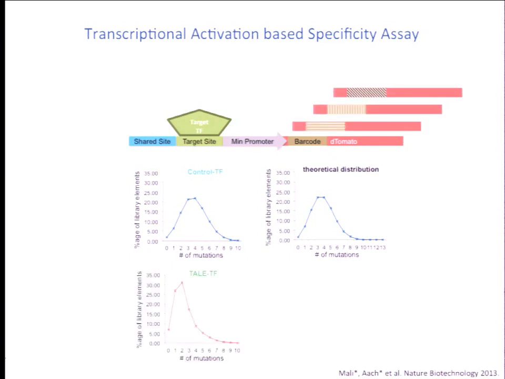And indeed, what one finds is if you use a TAL transcription factor, for instance, in this example binding an 18-mer site, then it will skew the distribution away from the theoretical distribution of the barcodes. And if one took a ratio between the expression from the TAL transcription factors versus the control transcription factors, then one would get a specificity landscape. In this particular example, if you take an 18-mer TAL transcription factor, if there are 0 mutations in the target site, then one indeed observes a strong stimulation. But the moment there are 1 or 2 mutations in your target site, your expression very rapidly falls off. And that is what one would expect from a specific protein, where most of your activity is against your wild-type target, but as you have mutations in your target, your specificity should fall off.